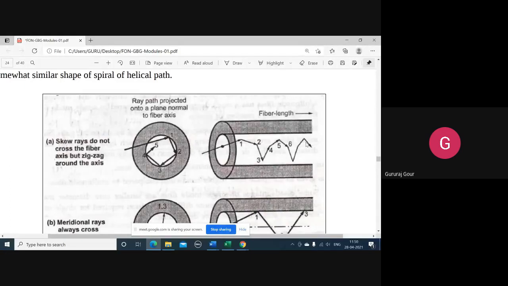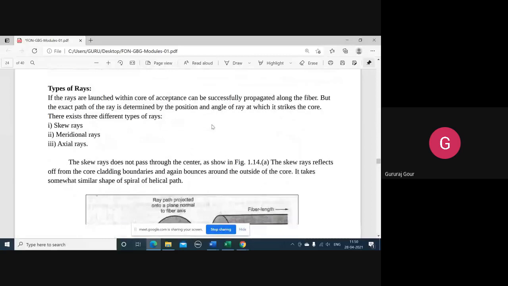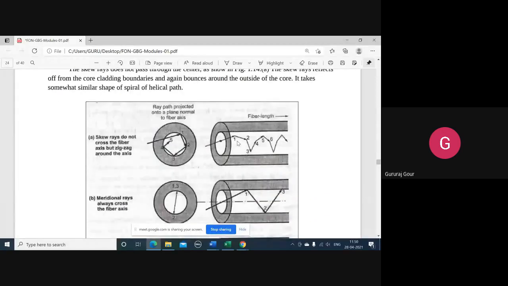Because of yesterday's mic problem, as audio was not recorded, I am going to redo that portion so that we can record it properly with the audio. I am going to upload it today also. So this is just going to be a revision of yesterday's part. Yesterday we discussed the types of rays in detail.